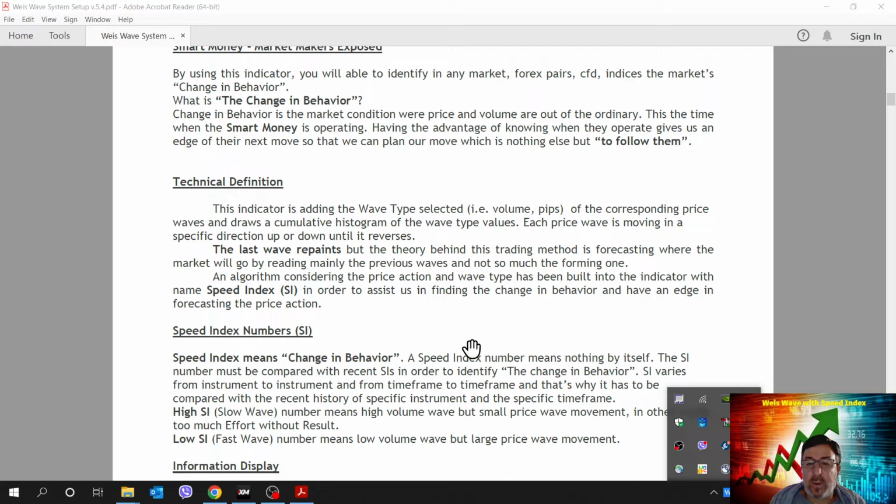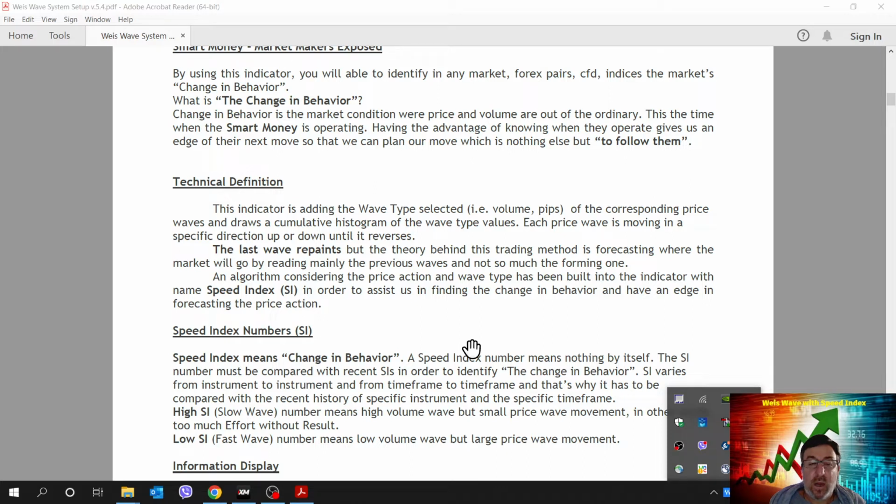Each price wave is moving in a specific direction, up or down, until it reverses. The last wave repaints, but the theory behind this trading method is forecasting where the market will go by reading mainly the previous waves and not so much the forming one. So we don't care about the repaint.